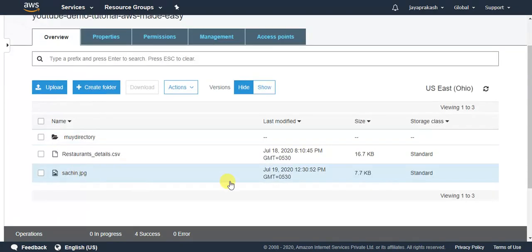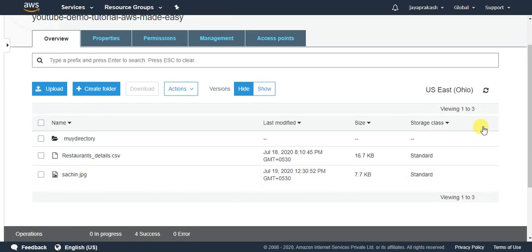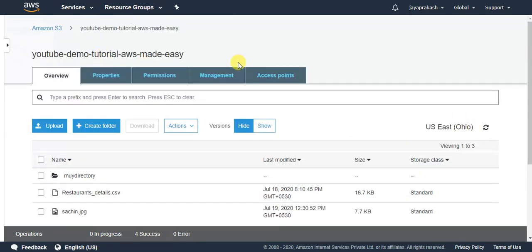This is how, by having versioning enabled in your bucket, you can avoid unintended deletes or unintended overrides. Even if the new version that is there is not what you want and you want to go back to your previous version, you can always do that by restoring an older version of the file. So that's the brief overview of how AWS S3 versioning works. It's a very useful feature in AWS S3. In the next video, I'm going to talk about encryption in AWS S3 and how it is useful to protect your sensitive data.